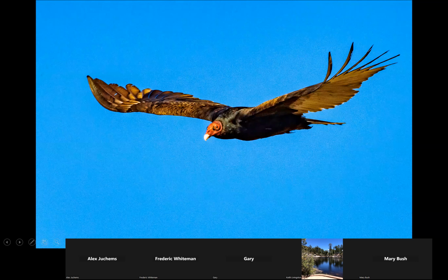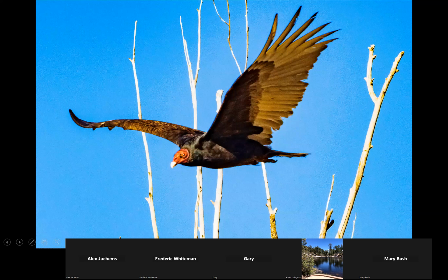That's a beautiful bird. It's interesting that they have that V shape, and I understand that's kind of a primitive way of gliding, because what happens